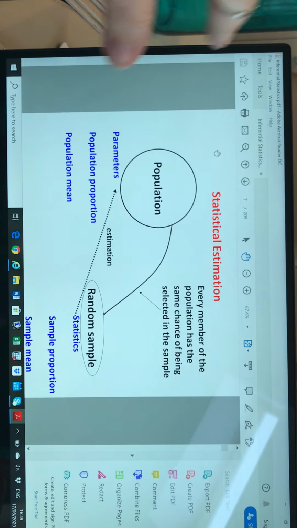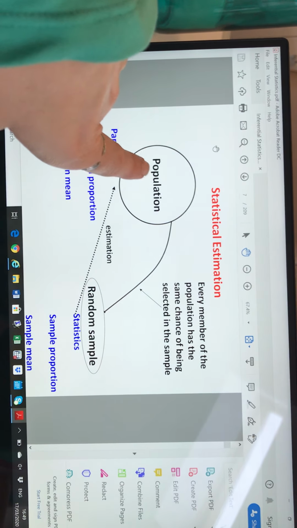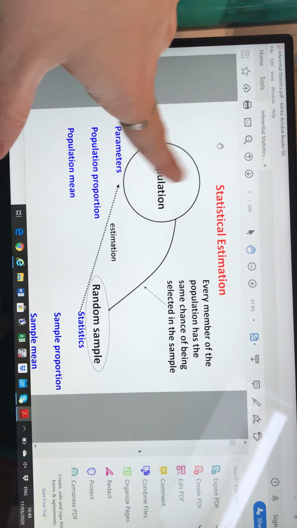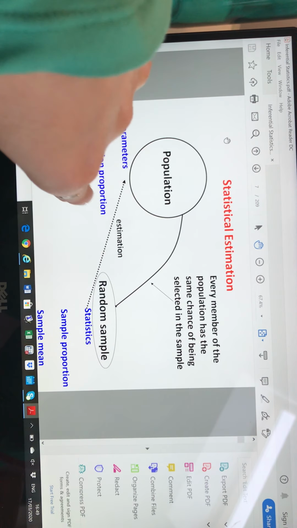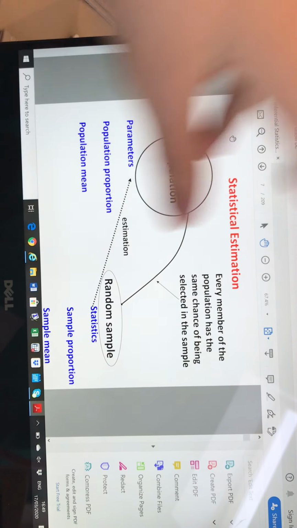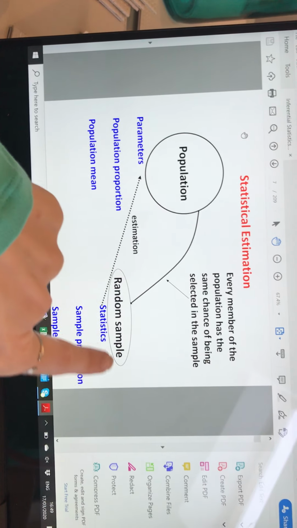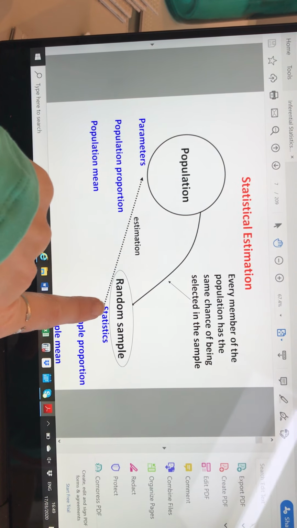We generally look at the population. We won't be able to survey the whole population. So what we do is we get a random sample. So every member of the population has the same chance of being selected. And we use some statistics,